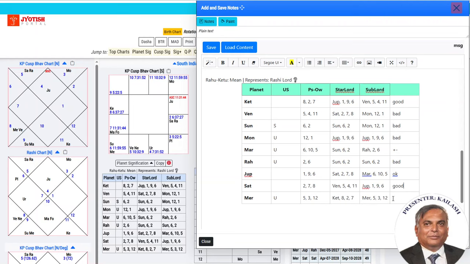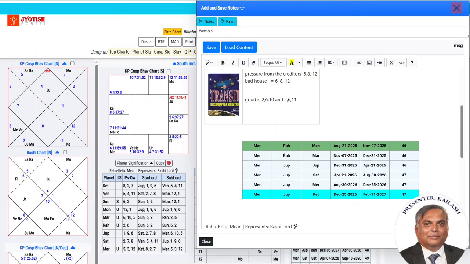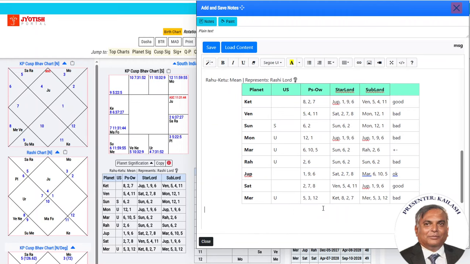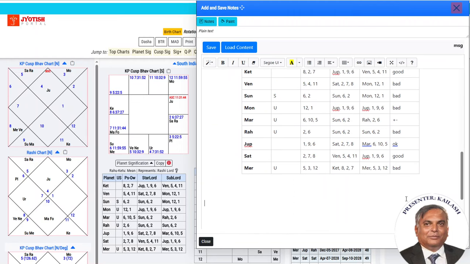And then Mercury. Mercury is untenanted, very strong, indicates the 5th, 8th and the 12th. So this is bad. So now we see that there is an abundance of the bad versus the good. The person himself is going through the Mercury Rahu period. Look at what Mercury can do, the Dashanath. Dashanath is Mercury.